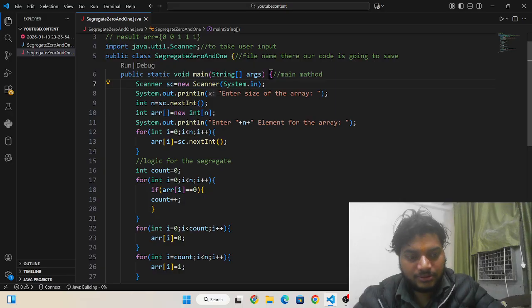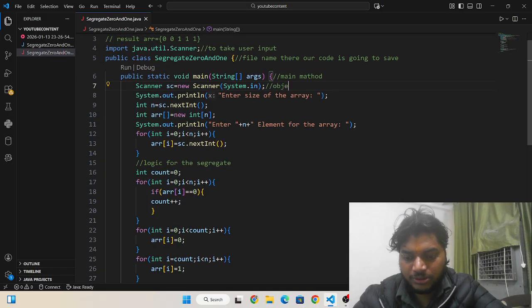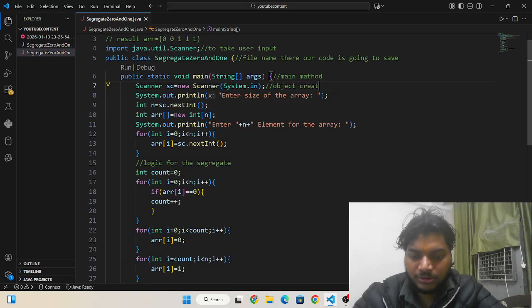This is the object creation for the Scanner class,